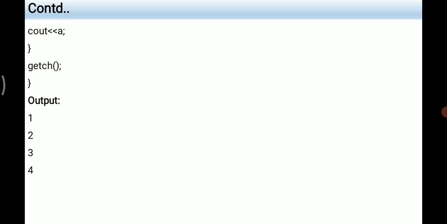Your for loop comes out of the loop execution when the value of a becomes 5. When it exactly comes out of the loop, by then the execution stops. Break, in the sense, it will come out of your loop. Again your loop doesn't execute. So therefore the output of this program will be 1, 2, 3 as well as 4.